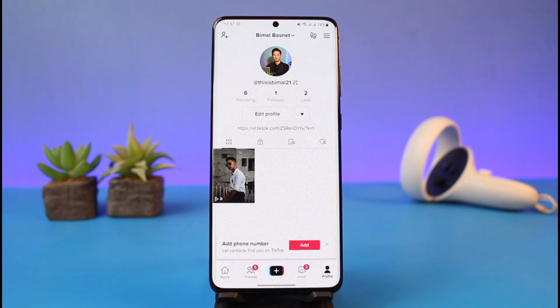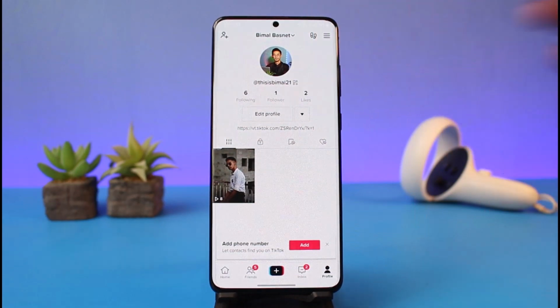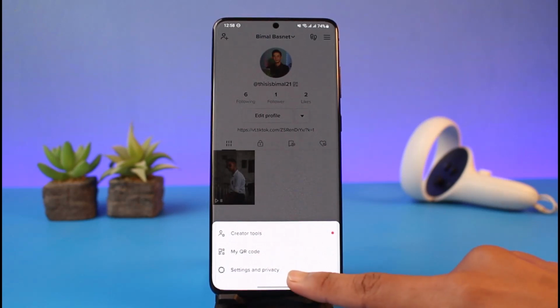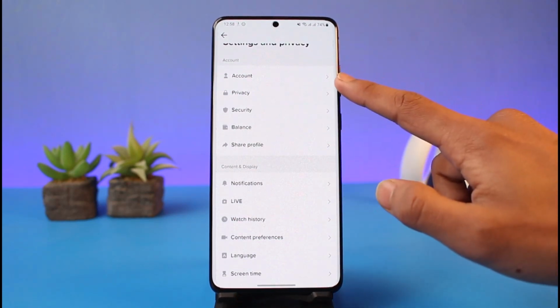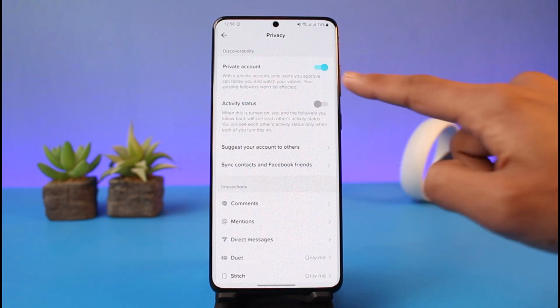If you do have the option, then once you come to your profile page, you have to tap on the three lines at the top right hand side of the screen, and once you tap on the three lines, here at the bottom of the screen you'll find the option called settings and privacy. Once you look for the option called settings and privacy, you'll find the option called privacy over here. Tap on privacy,